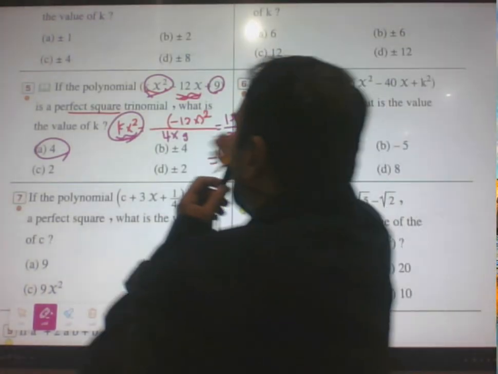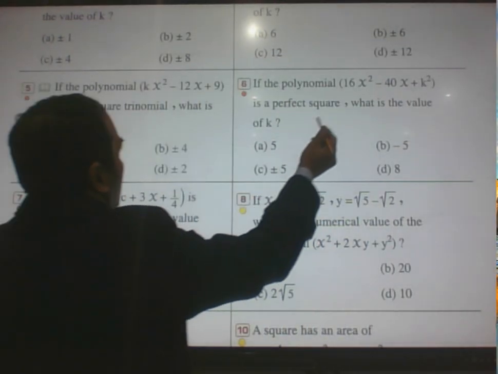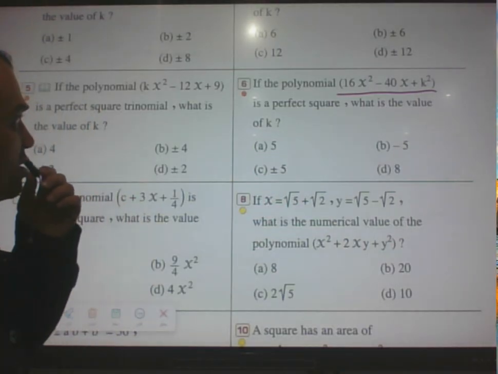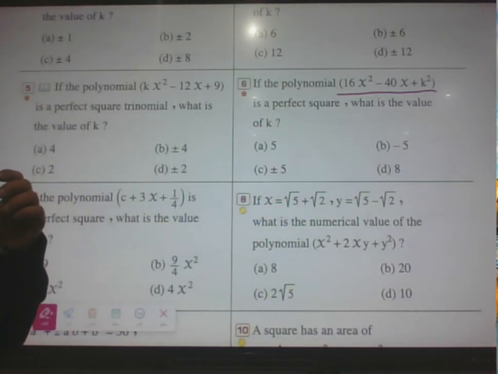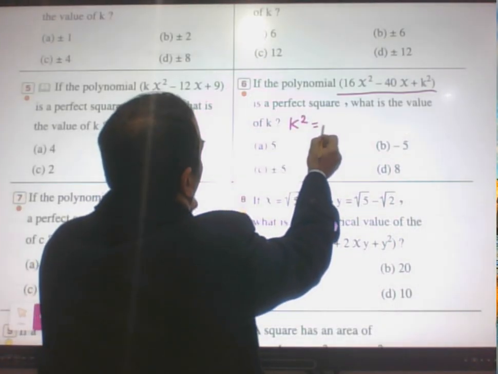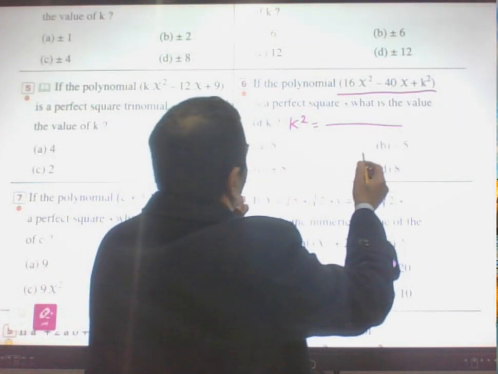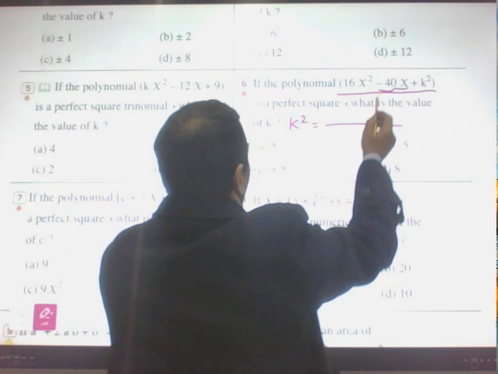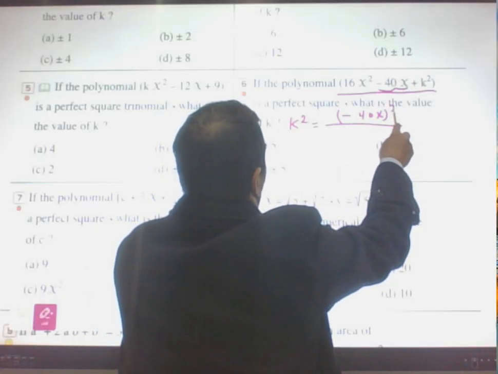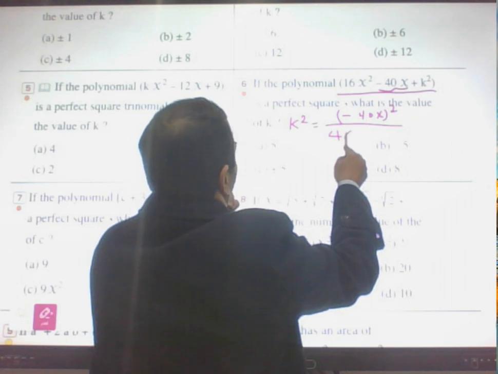Next question. If the polynomial 16x² − 40x + k² is a perfect square, what is the value of k here? We know k² equals the third term. The third term equals the middle term squared, (−40x)², divided by 4 times the first term,